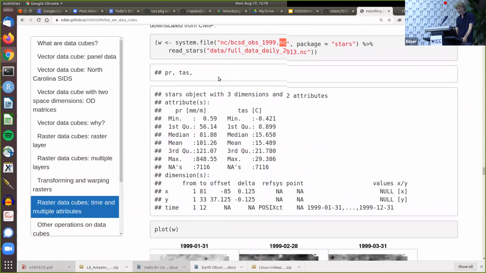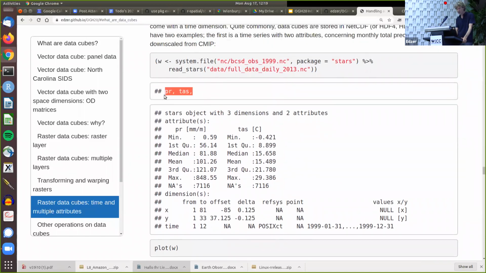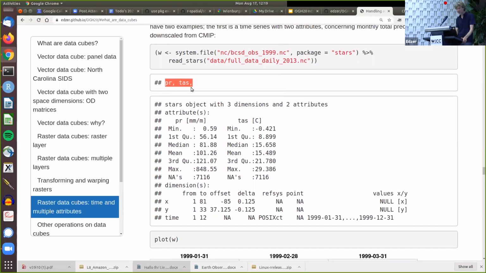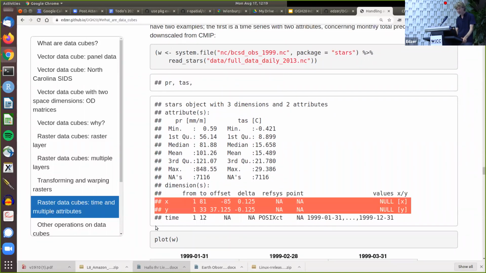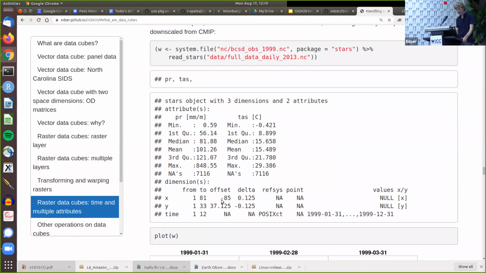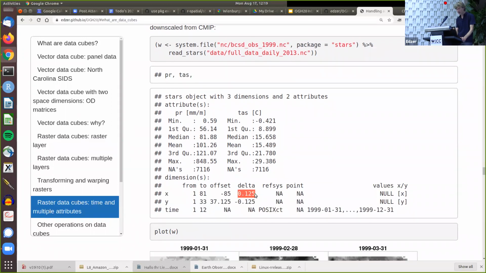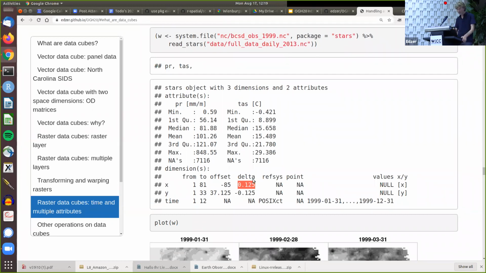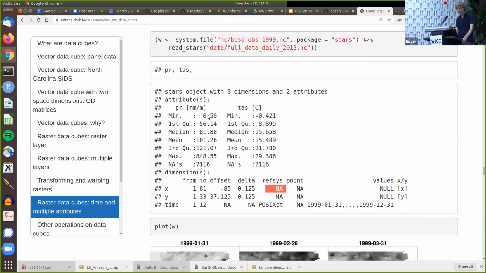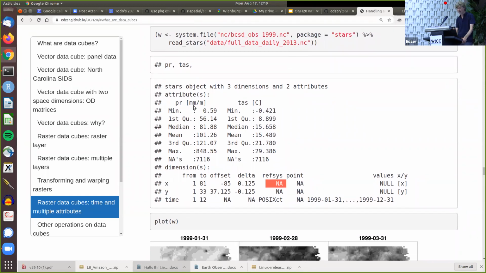So here this thing is being read, and you can see that it reads two sub-data sets or two attributes in this data set, and it has a three-dimensional grid layout where we have an X and a Y. And you see that the deltas are 1/8 of a degree, but you don't see a reference system. So it's unclear. This is degrees, latitude, longitude, but it doesn't say so. Then we see that there are two values, precipitation and something with temperature. You see also that it reads units. So these data sets come with actual measurement units,